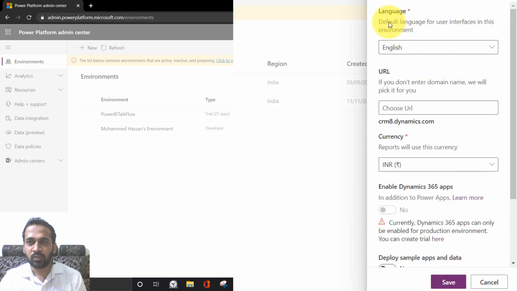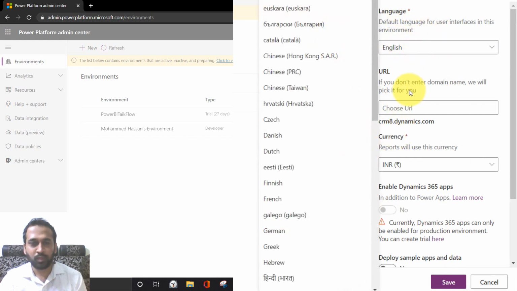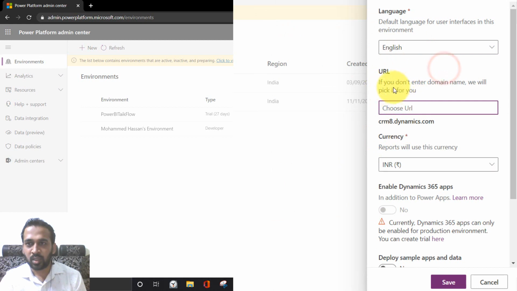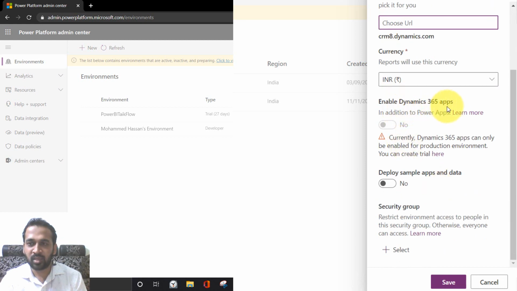Then it will ask for the default language, which is English. It has multiple languages, and you can select one here. Then the URL. If you don't enter a domain name, we will pick it for you. If you have a separate domain name, you can use it here. If you don't, they will assign one for you as well. The currency is INR, and there is an option to enable Dynamics 365 apps in addition to Power Apps.